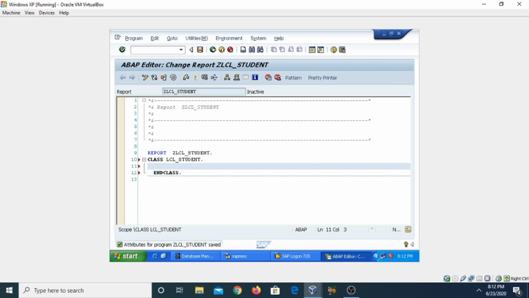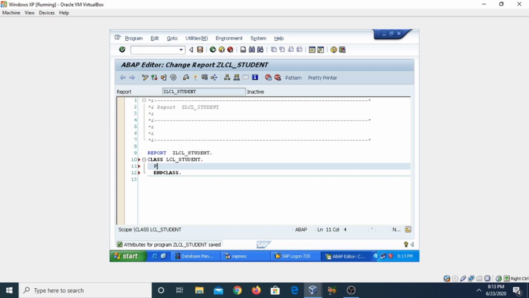A class generally contains attributes as well as methods. So for defining the attributes, we generally use private sections. We have mainly two types of access modifiers. The first one is public section and second is private section. To secure the data in the object oriented programming model, we generally put the data into the private section, but there must be some sequence of using the access modifiers.